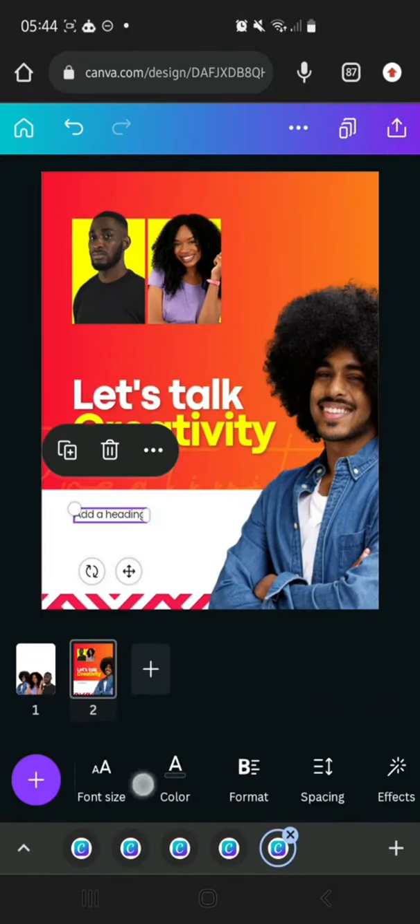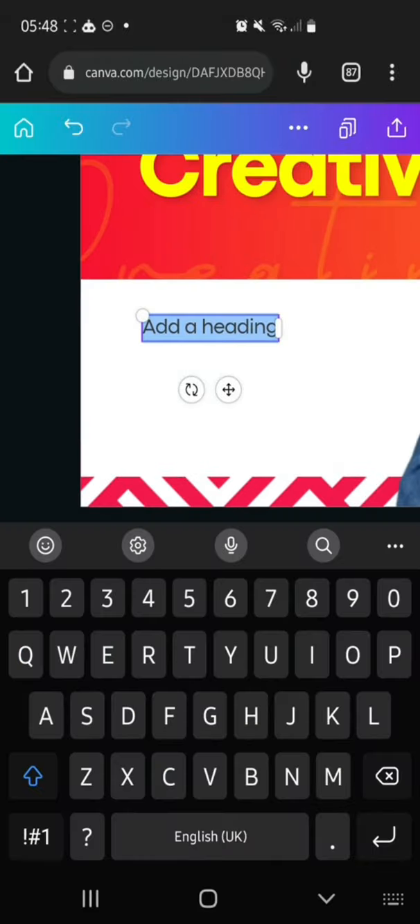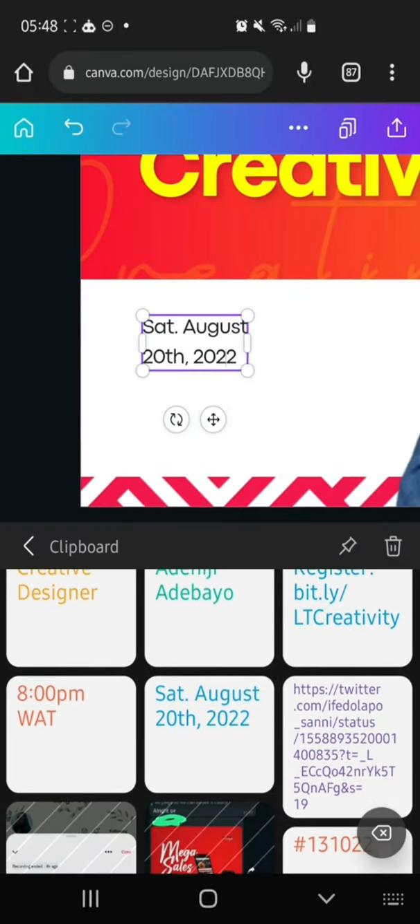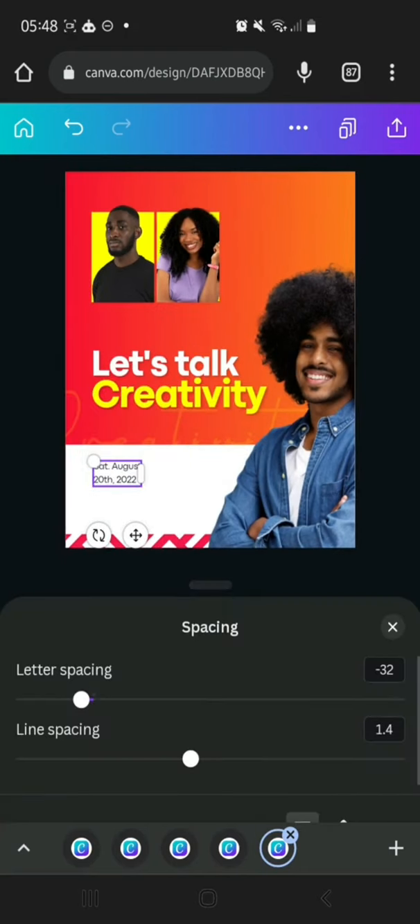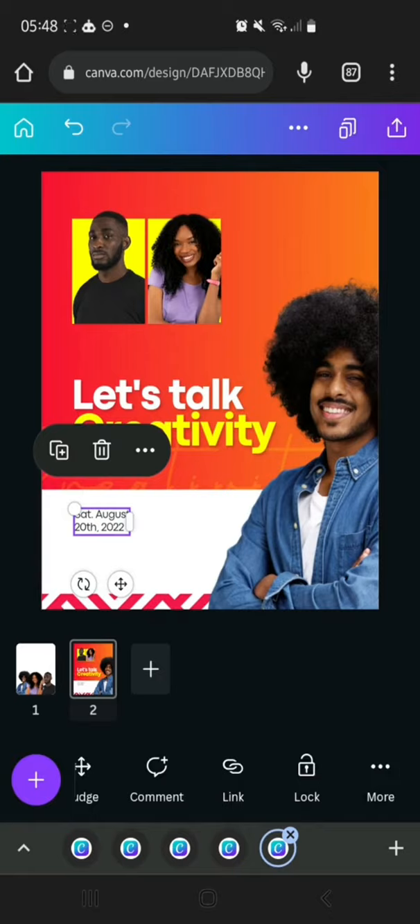So the date. Now just going to insert the date, the time, venue, and all the other stuff. So we're going to insert firstly the date, August 20th, 2022. We're also now going to reduce the line spacing because it's kind of too far apart. So I'm going to just duplicate this,